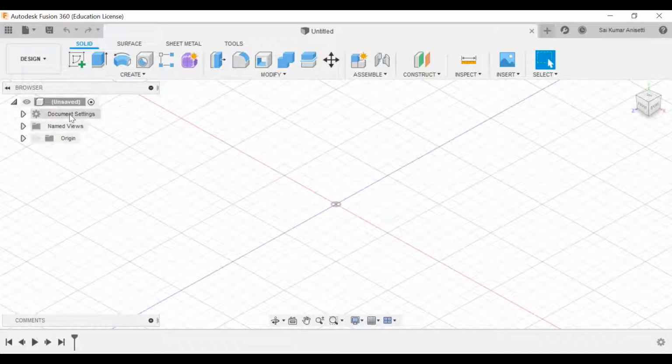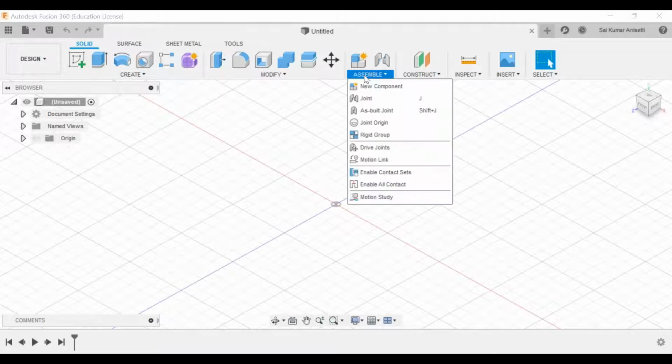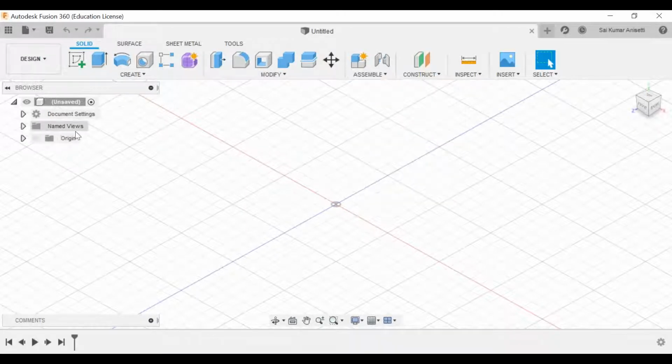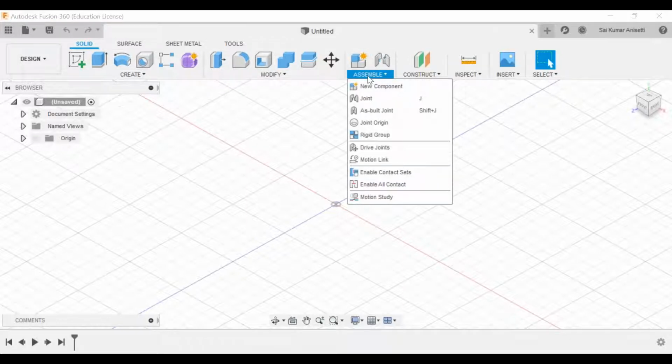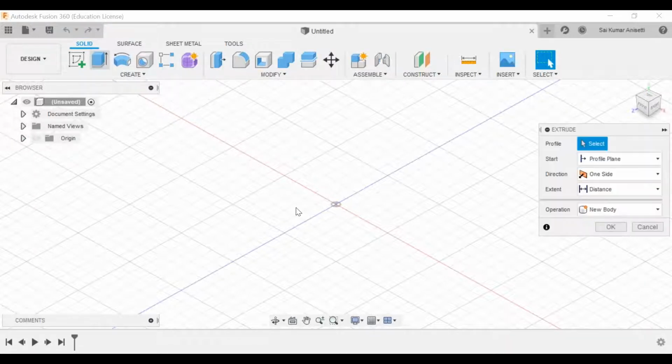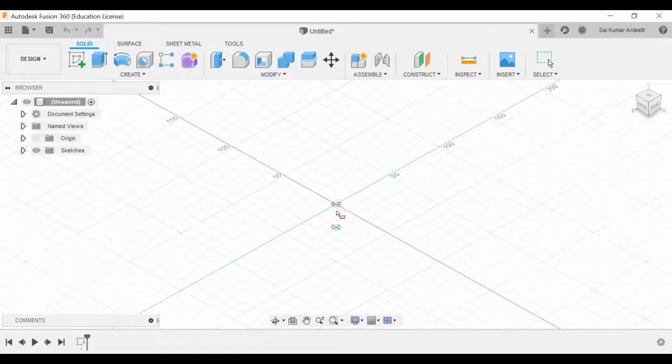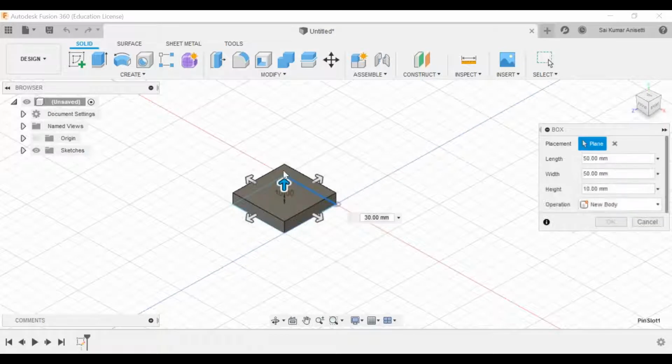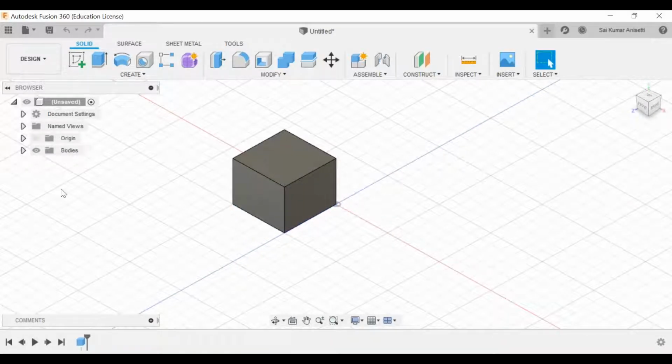So what this constraint is, I don't have any other part ready-made to show it to you. Okay, so in your assembly, the first and primary thing is your bodies and your components. If you open your assembly, it is asking to create a new component. Okay, so the major difference between your body and the component is, see, if I create any body over here, let me create a simple box, and it will ask for a plane. Just give a box. Click OK. So what it does is it creates a body, not a component.